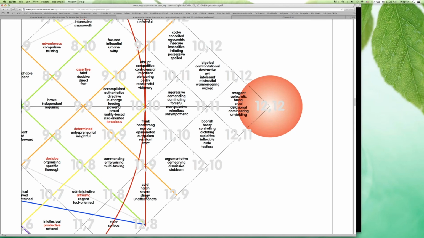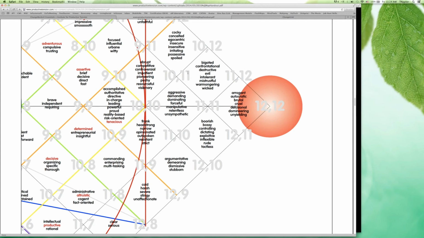Then we go, well, what's the secondary energy? Is this more of a driven driver, an amiable driver, an analytical driver, or whichever one I missed, an expressive driver energy? So now I've moved it into the sub quadrants. So now I know, for example, all these words, every one of them that you see in this whole driven driver quadrant, all of these words describe the driven driver.